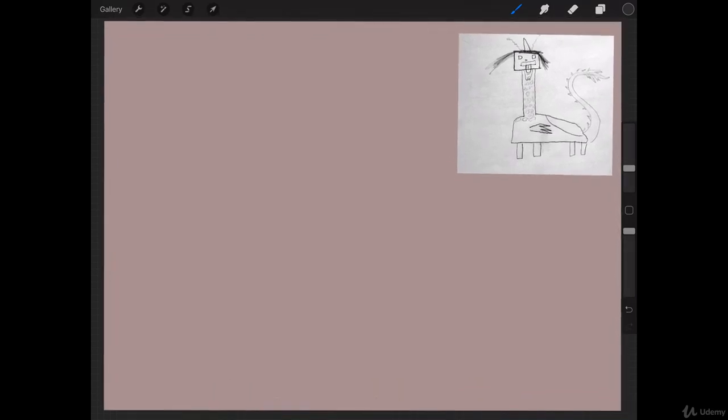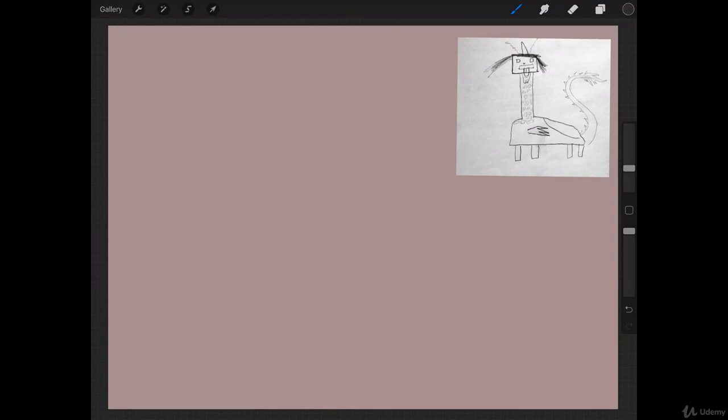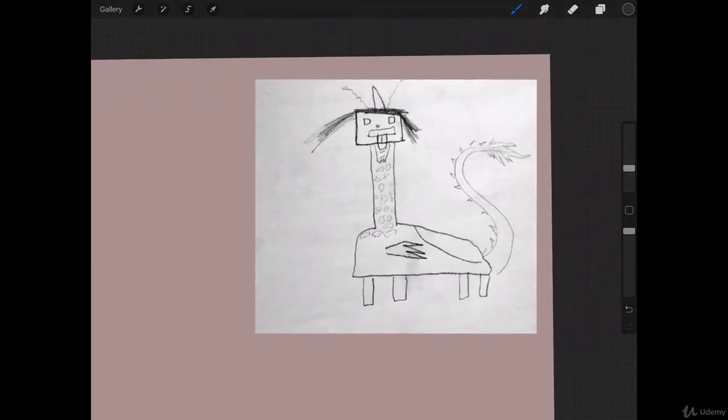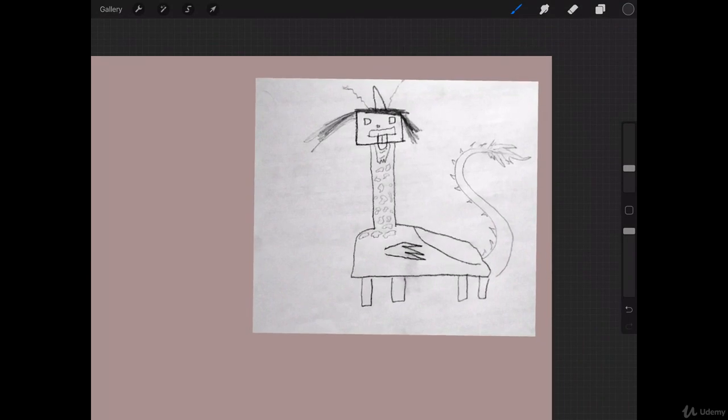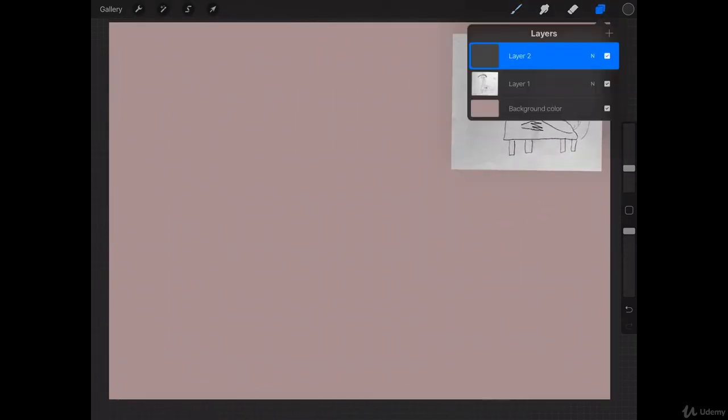The point of this exercise is to take these children's drawings and use them as a jumping off point for inspiration, and kind of redesign them and just use the elements that are in the original one to rework them into something new. Okay, so we have this drawing here up in the corner that they drew, and they all took turns adding something to it. So they all helped participate to draw this,